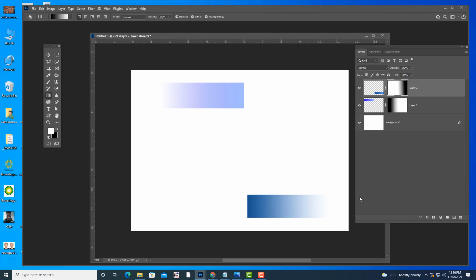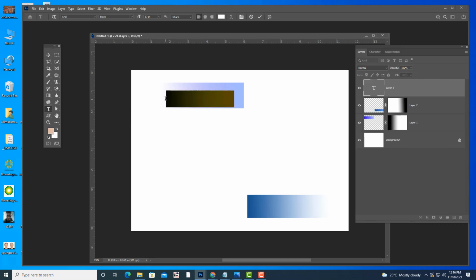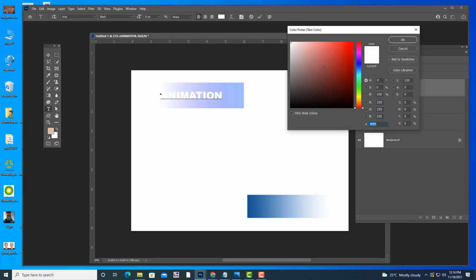So wherever there is black, that area has become transparent. And then what you can do is you can use these things as some nice labels you can put. So like this. Let me change its color.